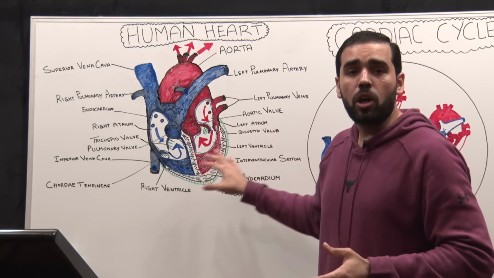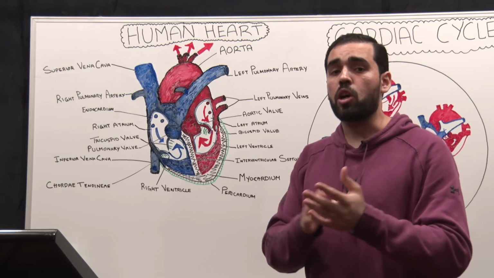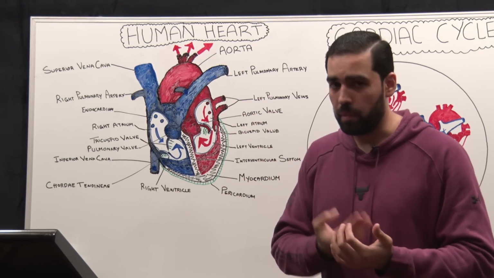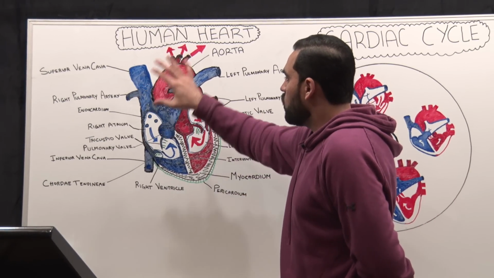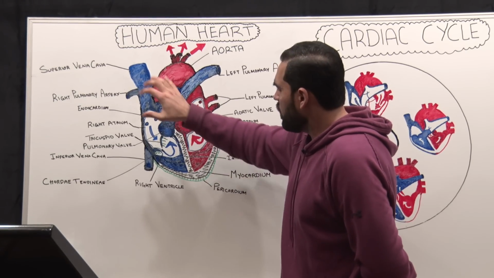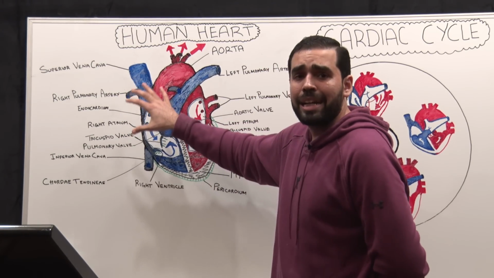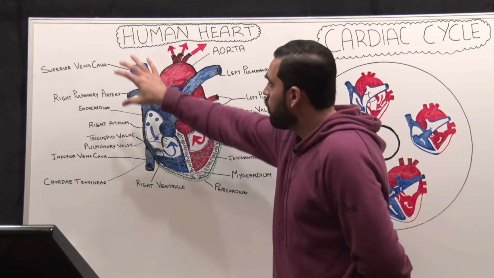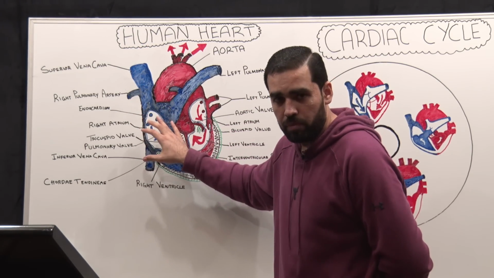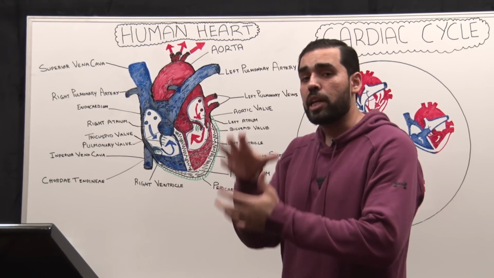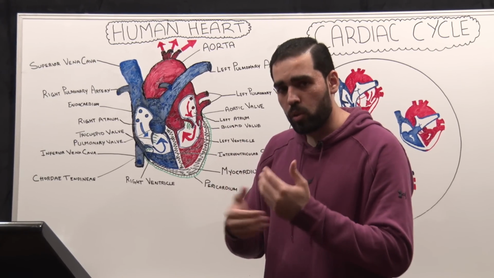Now let's quickly talk about the proper blood flow. Then we'll talk about the basic principles of the blood flow in the heart. But first, let's quickly overview that. So what is the blood flow in the heart? The deoxygenated blood is draining on the right side of the heart from the superior vena cava and the inferior vena cava into the right atrium. From the right atrium, we have an atrial contraction.